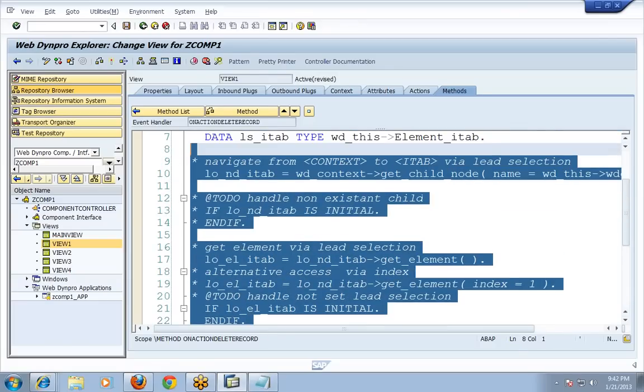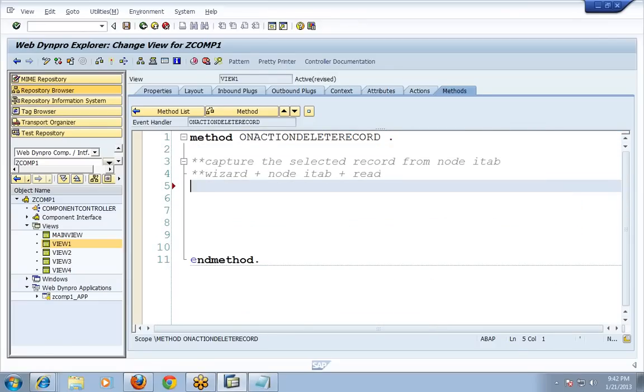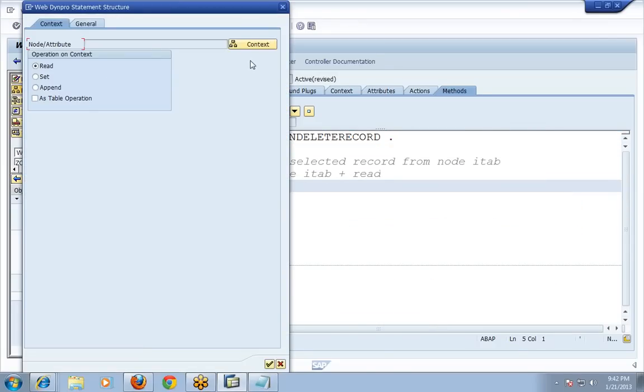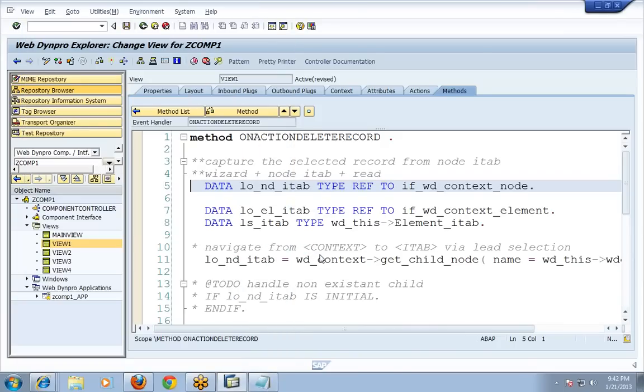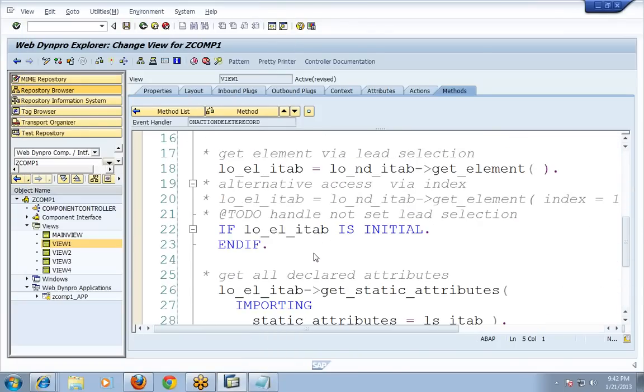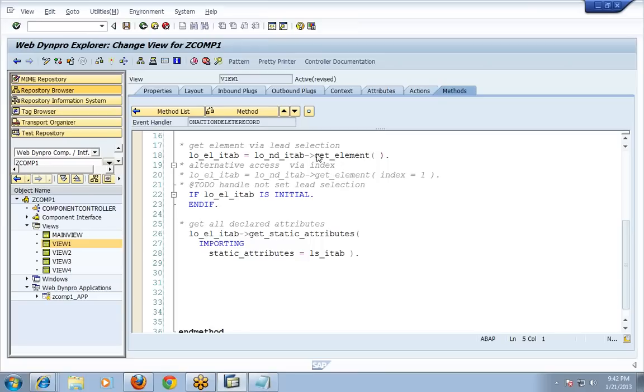So I'll try to do it again, just observe. This is the most important. Wizard, itab, you can use read operation. So it will generate all these lines. In that coding, get element and get static attributes, and this is the work area. So whichever record is selected by user will come to work area. So ls_itab is work area. It will capture that record to work area. So now,